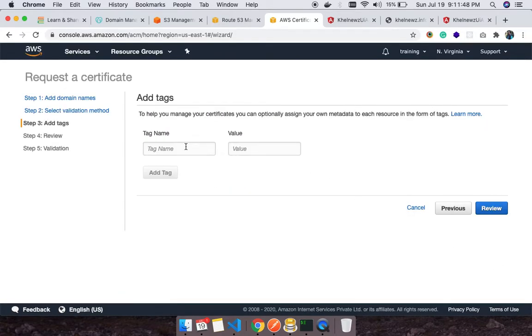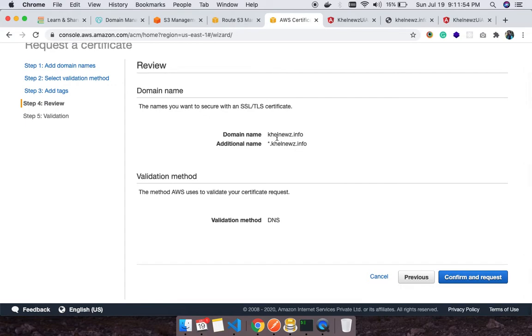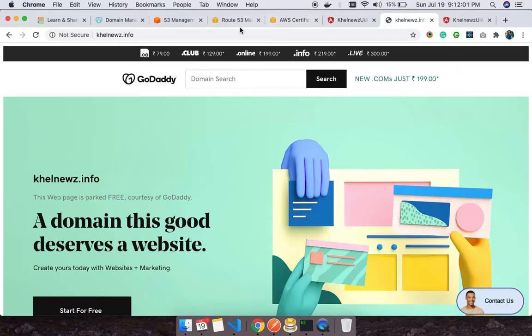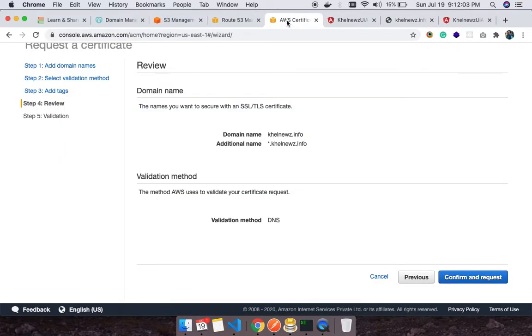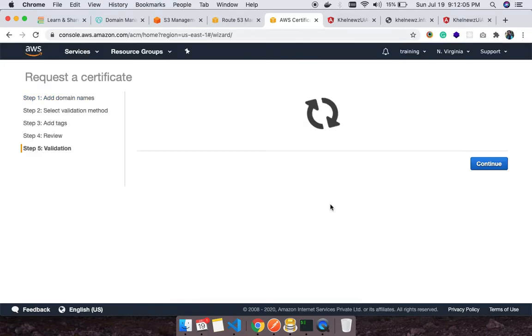DNS validation. If you want to create a tag name and value, go for it. For now I'm skipping this. So kalenews.info, making sure that the domain name is the same. Yes, it is the same. Confirm and request.